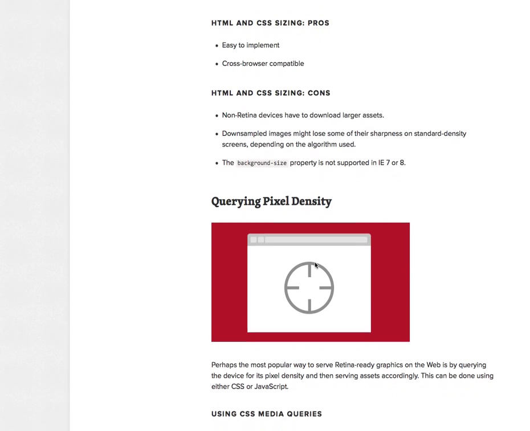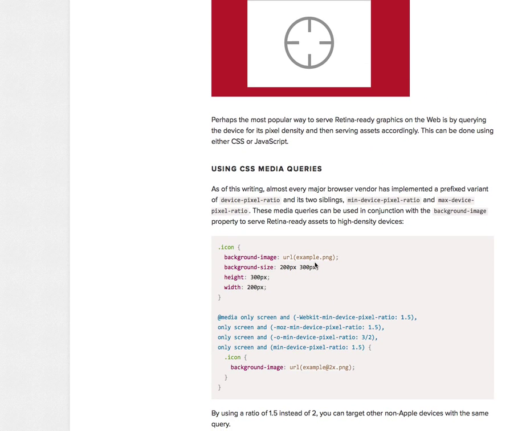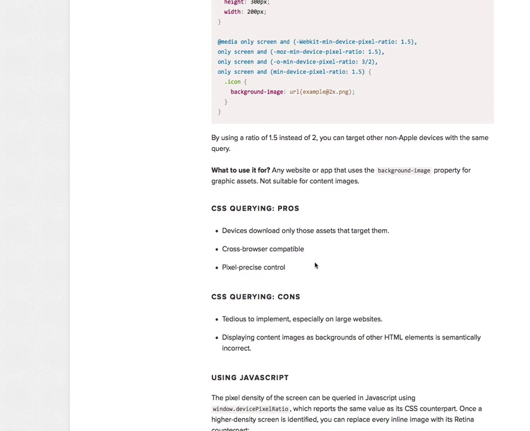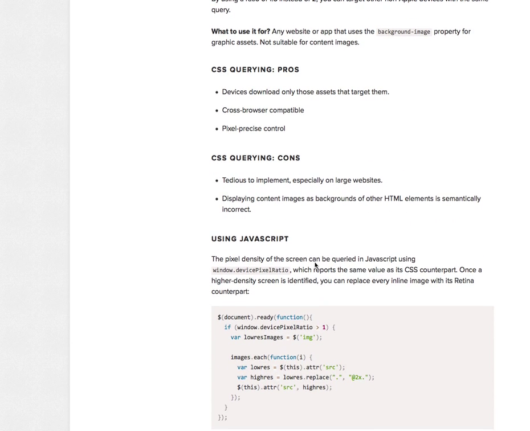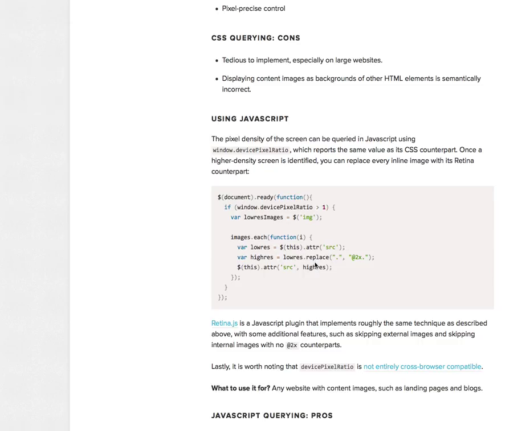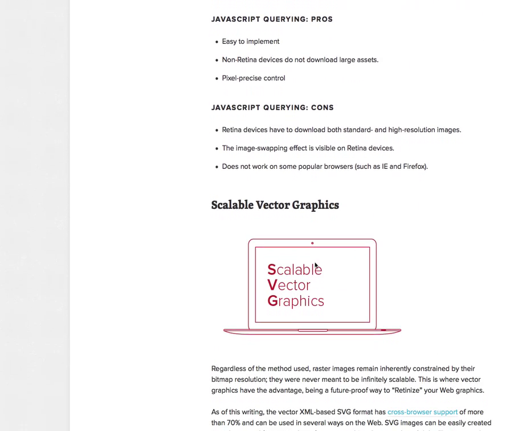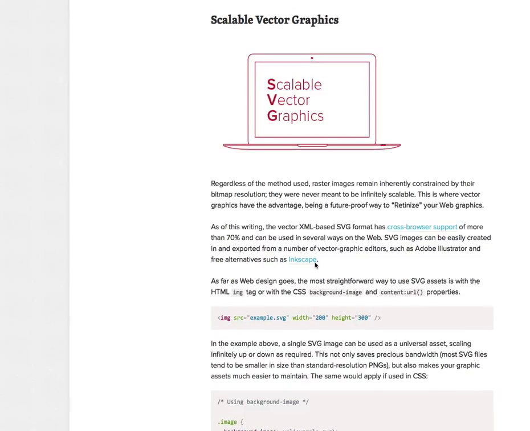Saving files as SVG, scalable vector graphics, are created using mathematical expressions instead of pixels, which means they can be infinitely scaled, and their file sizes are a fraction of pixel-based graphics. So SVG, what we used in our logo assignment, has almost universal support among modern browsers, including mobile versions. Some older versions of Internet Explorer don't have support for it, but